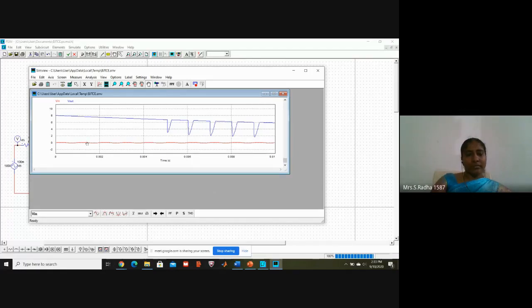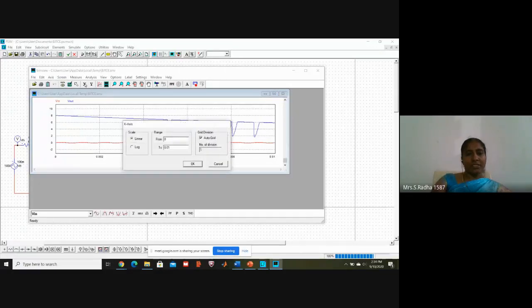Input is already sine wave. Okay. If you see, I will check the waveform. X-axis I will change from 0.006 to 0.01. Okay, only that portion I want input and output.